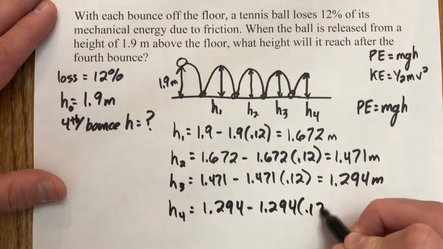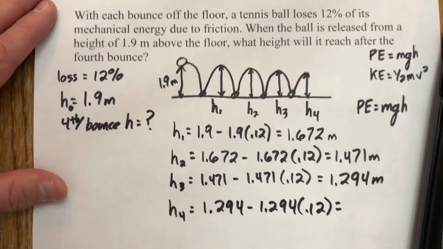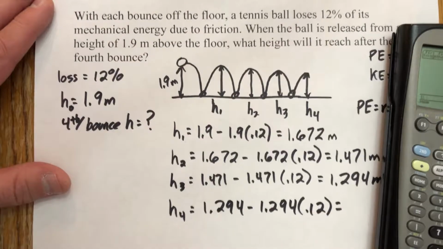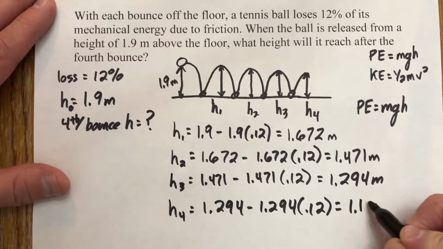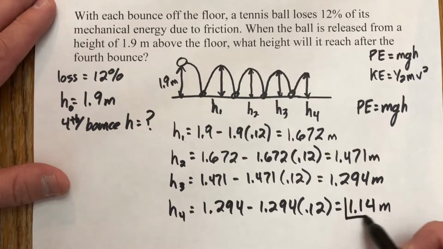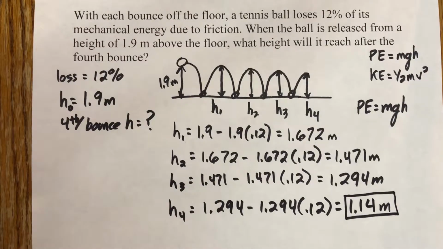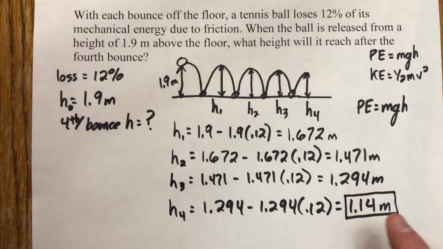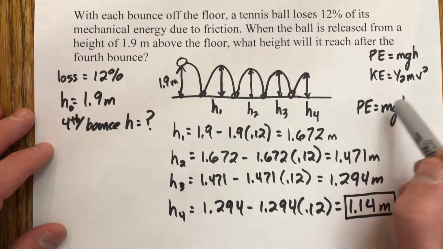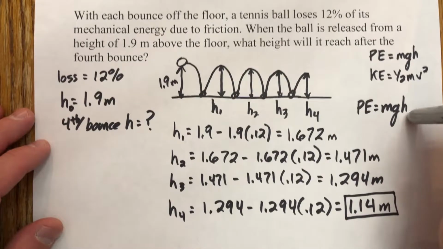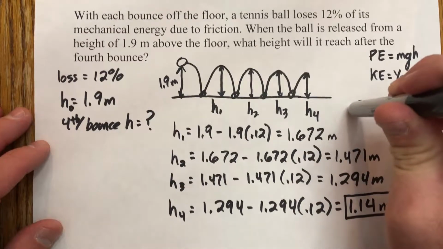1.294 times 0.12 equals, so we'll do some math on my calculator here, and what do we get? I get 1.138, so I'm gonna round it to 4. So that's how high the fourth bounce is. These questions are multiple choice, so you want to choose the answer that is closest to this. But the idea here is to look at the proportions. The only thing that can change that potential energy is the height. So whatever percentage we change the height, because it's all multiplication, that same percentage is going to be changing the